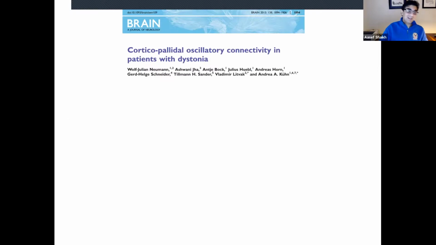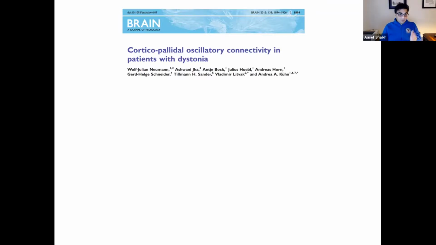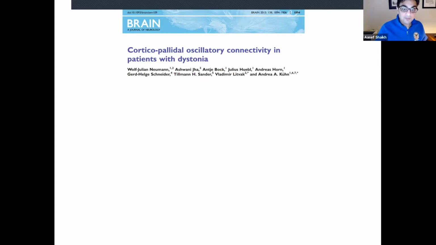So then we asked, how do we explain these effects of vibration in the basal ganglia? How does vibration really change basal ganglia activity? Is it a direct feedback? Does it come through the cortex, or through the cerebellum? Is there a thalamic influence? We did not know. So the next question that we asked, we took help from this paper, which was published